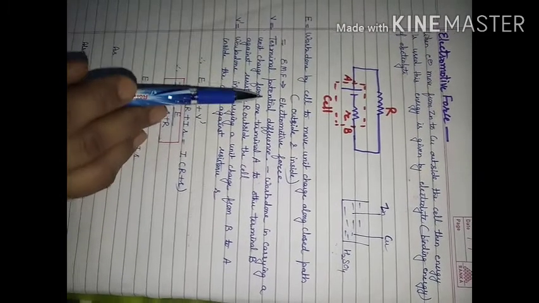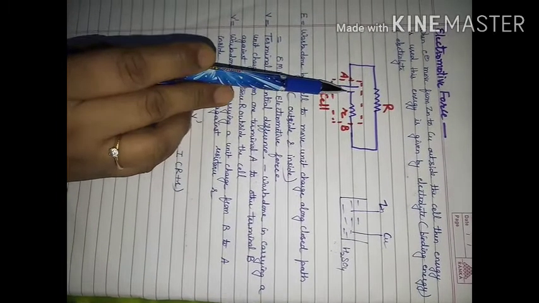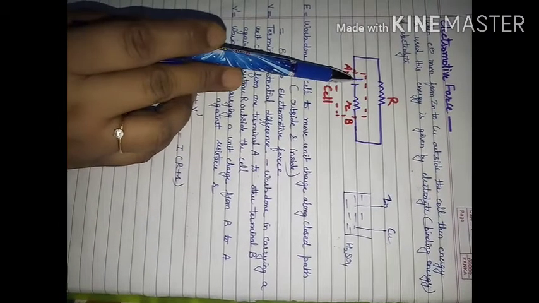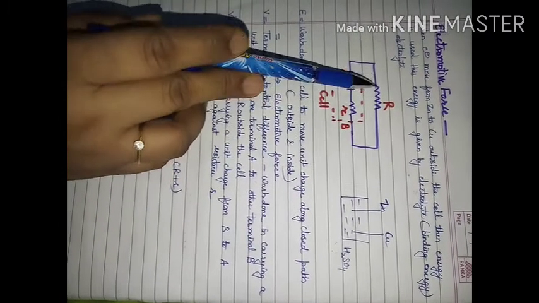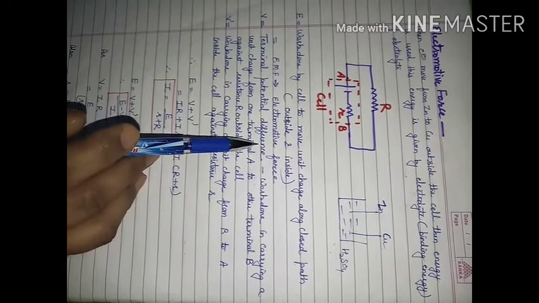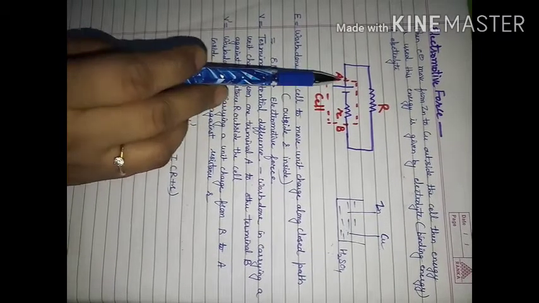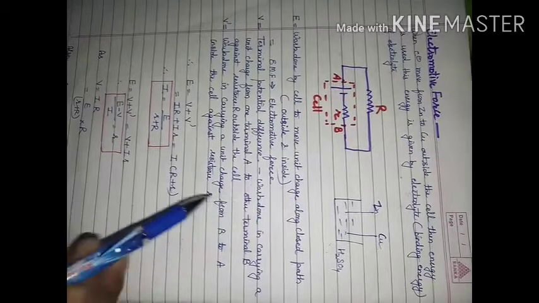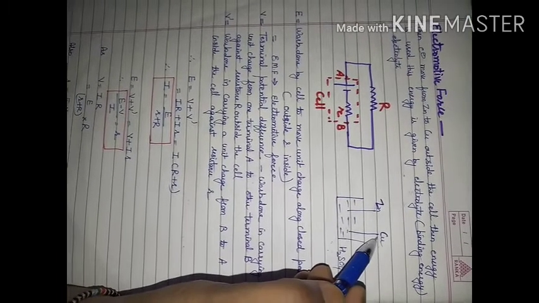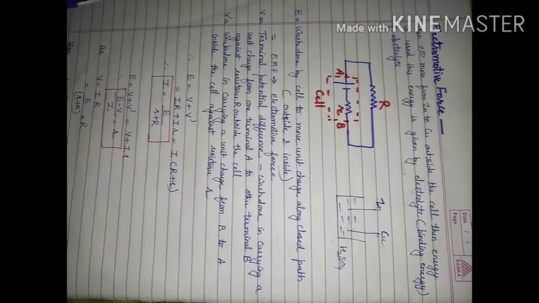What is V? Terminal potential difference. If you consider this diagram, then this is representing the cell, this is representing small r, the internal resistance. The cell is connected from this terminal to this terminal. We are going to have an external resistor R. So V is the terminal potential difference. This is work done in carrying a unit charge from terminal A to terminal B. It means we are talking outside the cell, from this terminal to this terminal. This work done to move unit charge will be known as terminal potential difference.